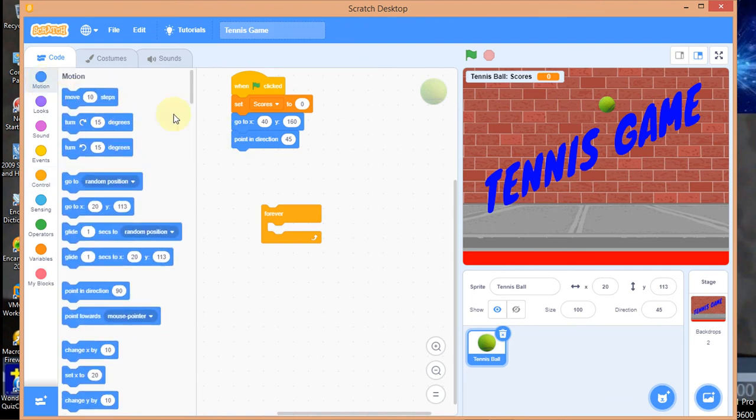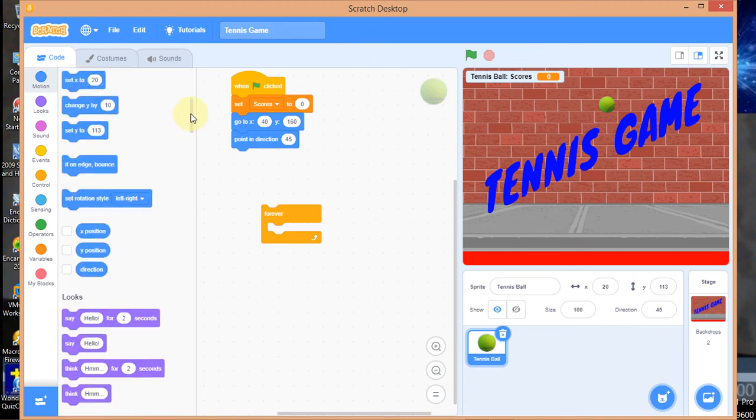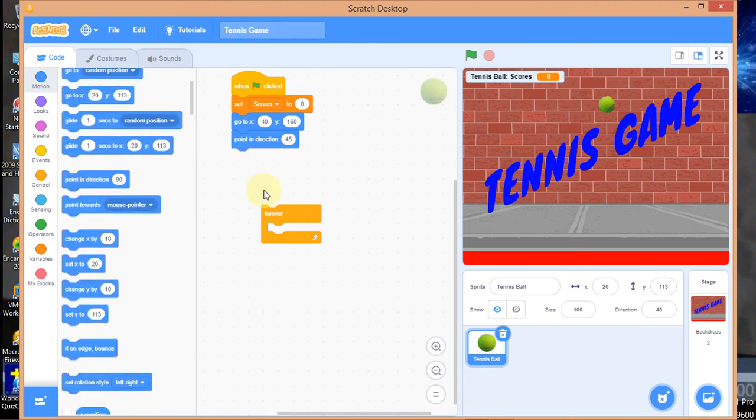Where do I get if on edge bounce? Is that sensing? No, because if on edge bounce is not sensing, it is motion, even though it senses the border.